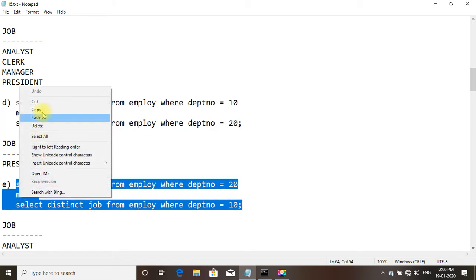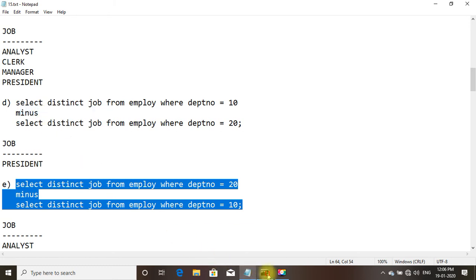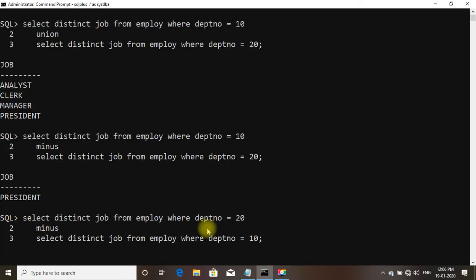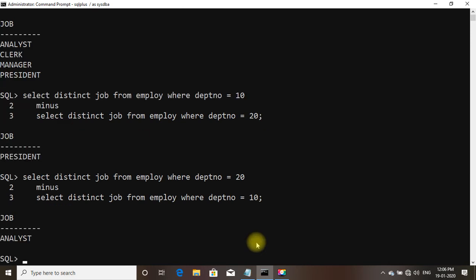We shall try this example: first department number 20 and second we are giving department number 10. So you can see analyst. Earlier the first department number was 10 and the second was 20. Now the first department number is equal to 20 and the second is equal to 10. So it's showing analyst.